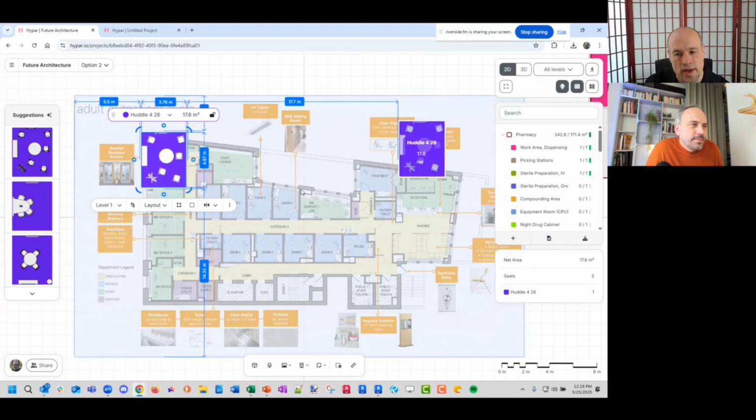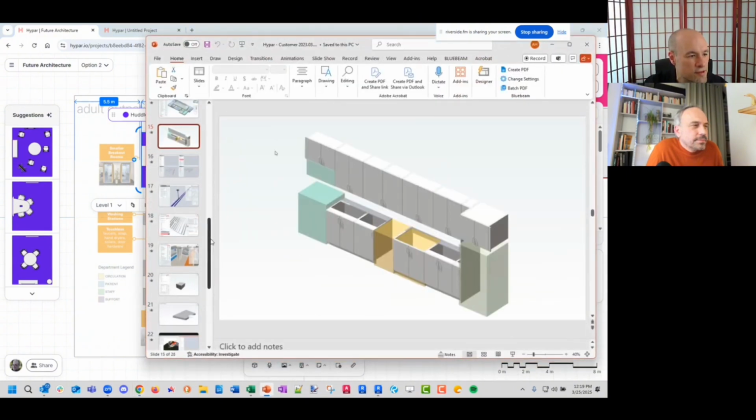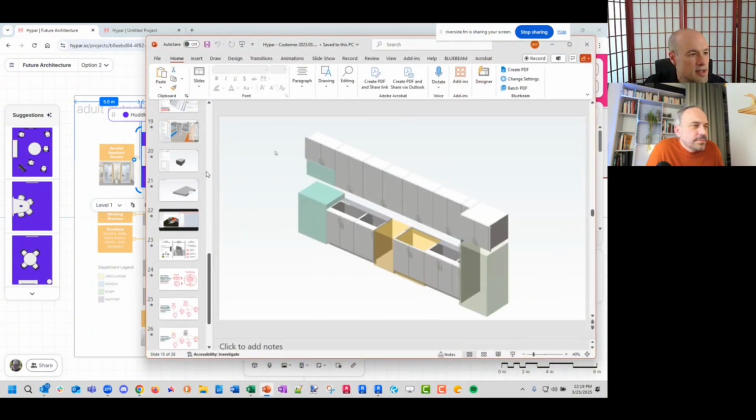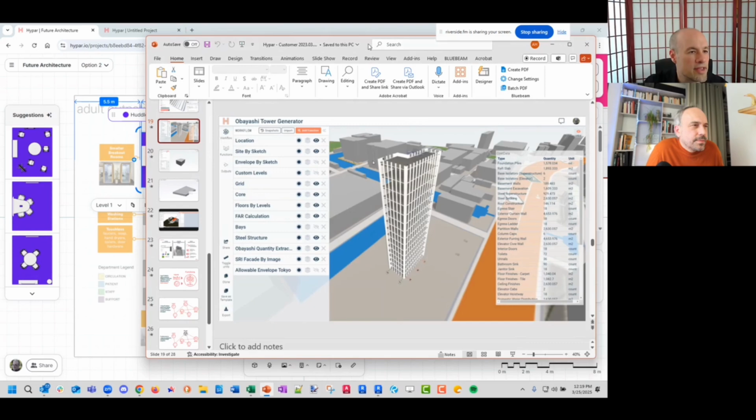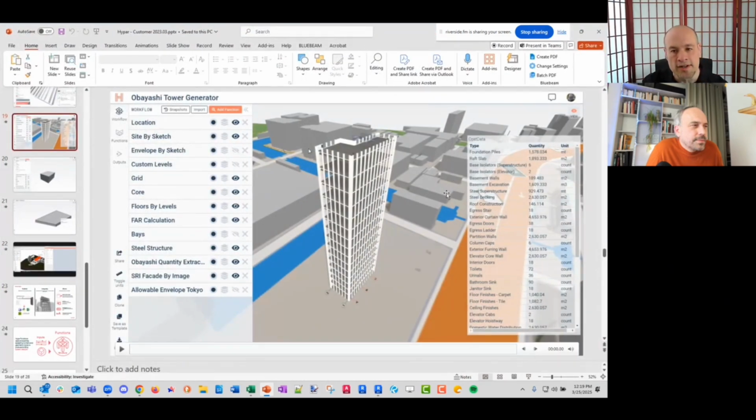So that may be one way to do the sketch. Now, as far as interpreting things goes, we did a bespoke project for Obayashi a few years ago. It's kind of our first AI project that we had done, and this was dreamed up in a bar in Las Vegas during Autodesk University, where the Obayashi head of design said, we had this business where we put up speculative office towers in Tokyo.